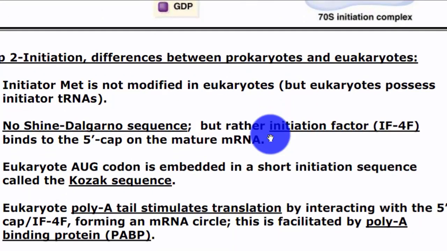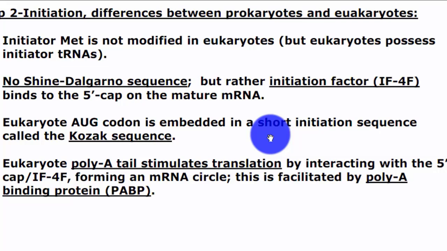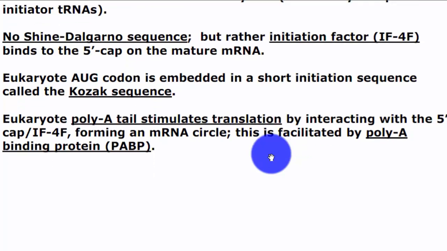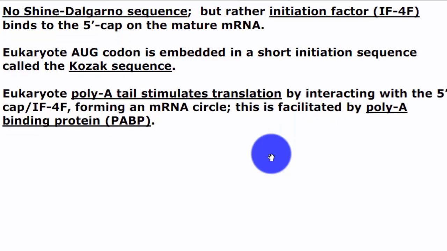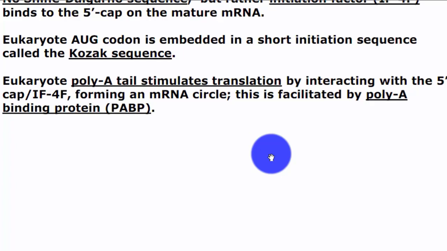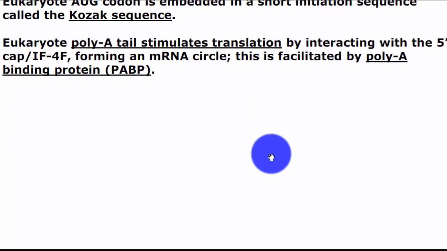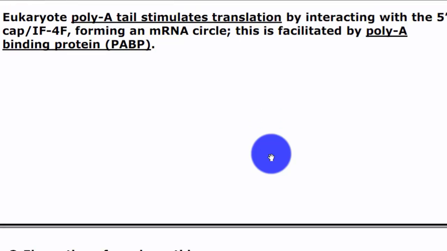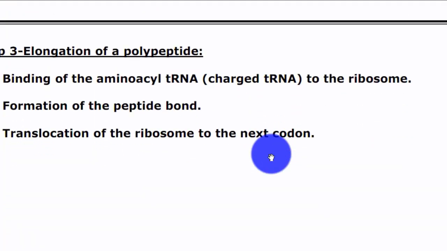Initiation differences between prokaryote and eukaryote. Initiator methionine is not modified in eukaryotes, but eukaryotes possess an initiator transfer RNA, with no Shine-Dalgarno sequence but rather initiation factors. The eukaryote AUG codon is embedded in a short initiation sequence called the Kozak sequence. The eukaryote poly A tail stimulates translation by interacting with the 5' cap, forming a single RNA cycle. Elongation of peptide: binding of